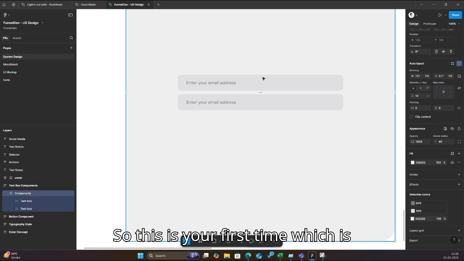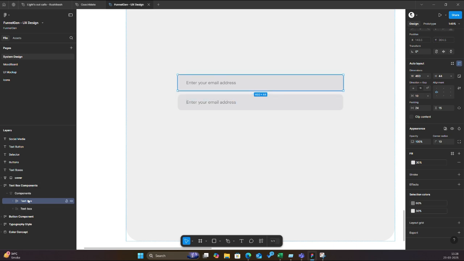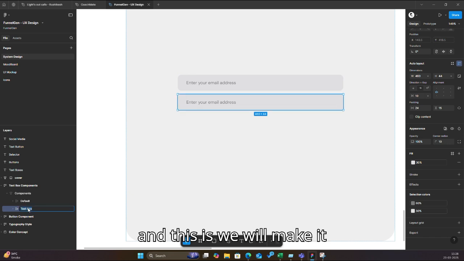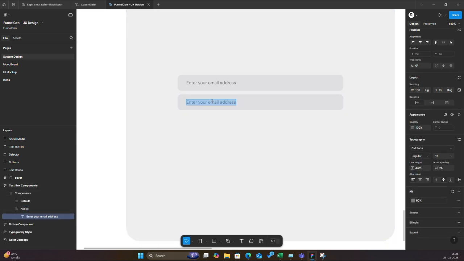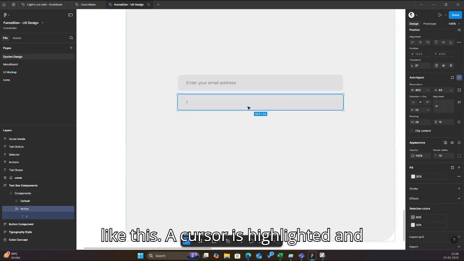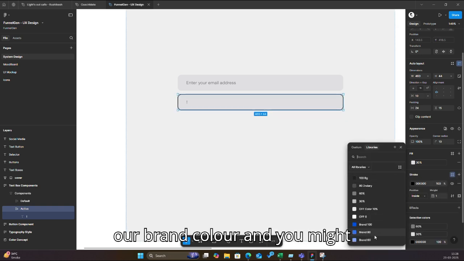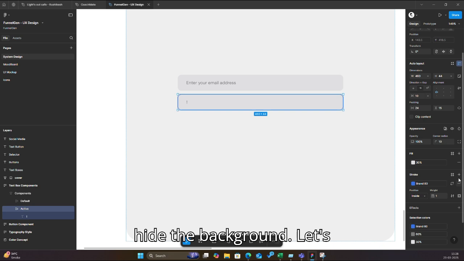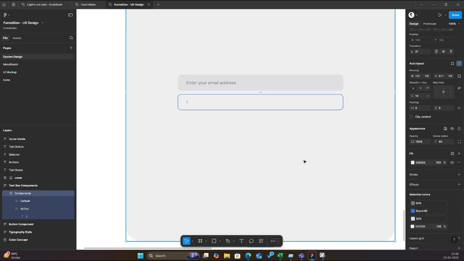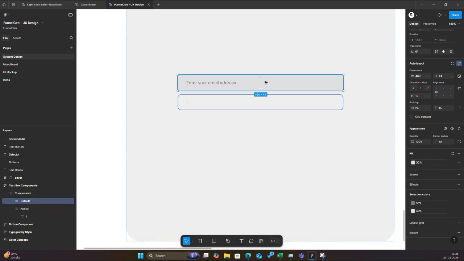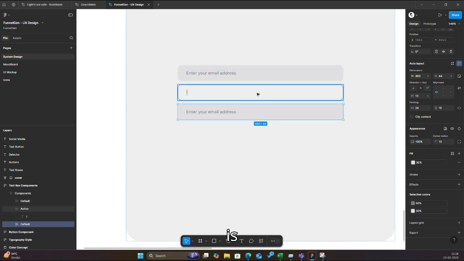So this is your first type, which is default, and this we will make active. In active you will not have complete text, you will have something like a highlighted cursor, and for the outline you will use our brand color, and you might hide the background, let's say. Okay, then this is active, and the third option you have is